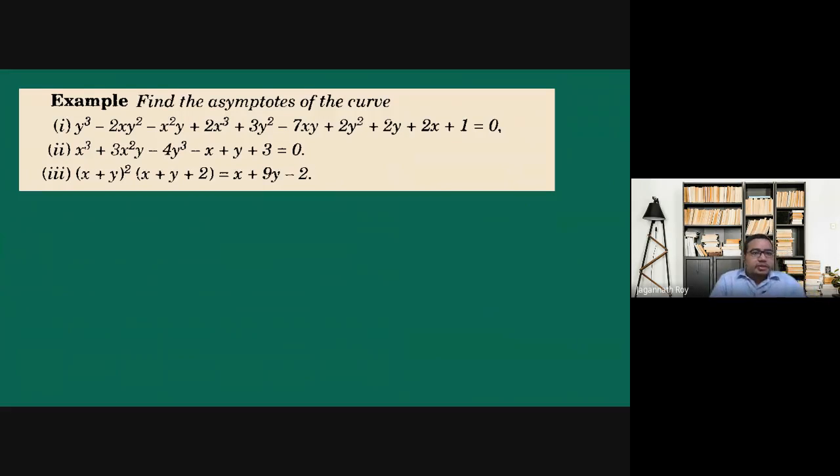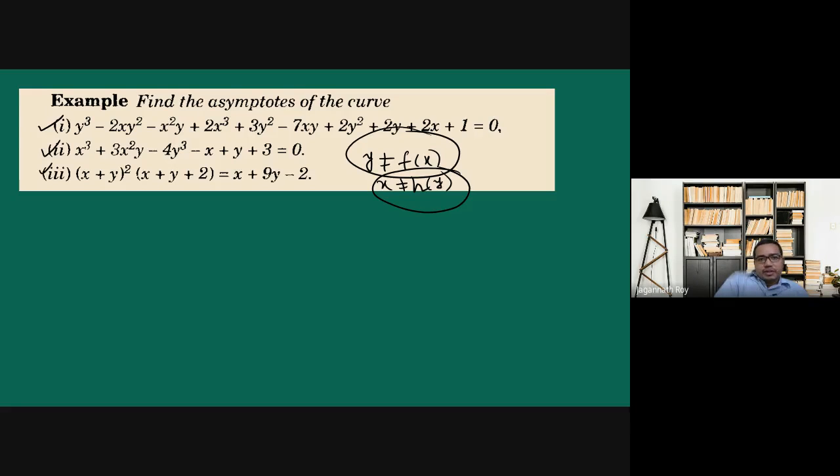Now the question remains, if we cannot separate them, if we cannot write y as a function of x, or x cannot be written as a function of y, then how to find the asymptotes? Since this is an algebraic equation, a polynomial in x and y,